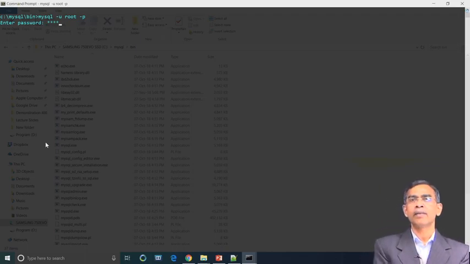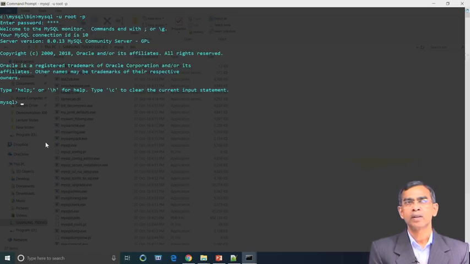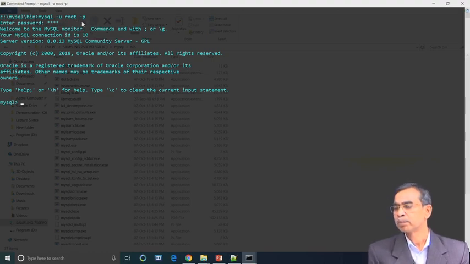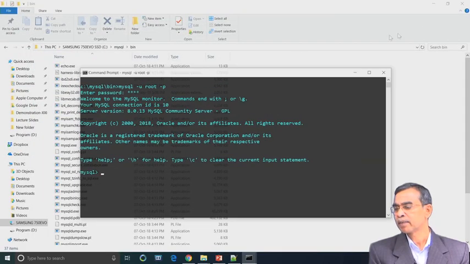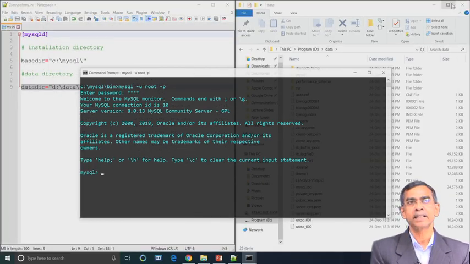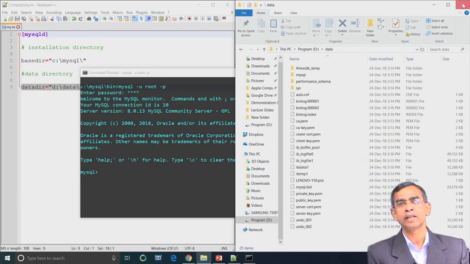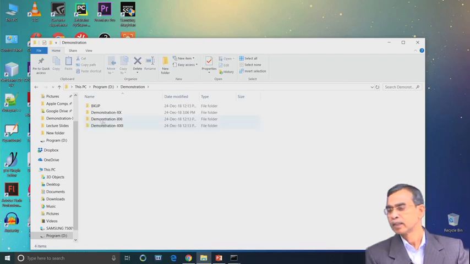Now our server is ready, and we are going to log in to the server. For this login we type the command at the MySQL prompt: mysql -u root -p. It asks for the password to be entered. The password is root, and it is case sensitive, so in small letters you type root. It is given, and the system has accepted it; the authorization check is passed. Once the authorization check is passed, the MySQL server allows you to execute any statement whichever you want to run.